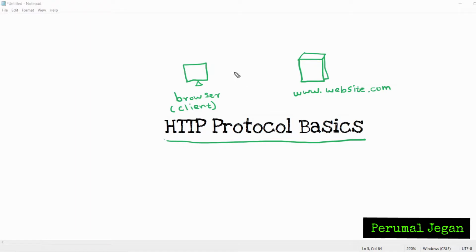If you just look at the communication between a web browser and a web server, it might look simple, but trust me guys, both the web browser and the web server are doing a lot of work in the background to give us a web page. I'll try to give the details as much as I can in this video. And why are we waiting? Let's do it now.